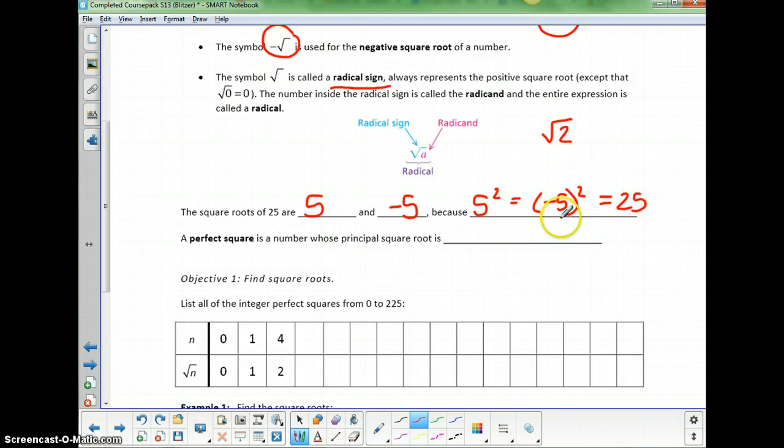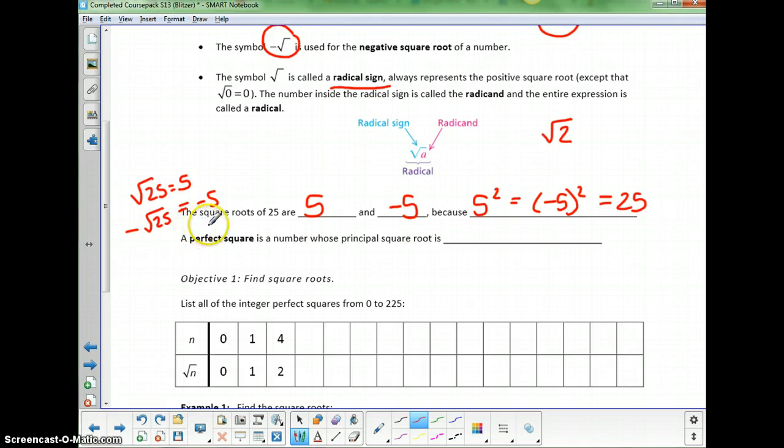So when I write those down as square roots, I would write the square root of 25 is 5, and the negative square root of 25 is negative 5. So the positive or principal square root and the negative square root. So 25 has two square roots, but